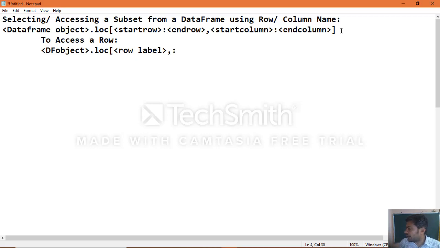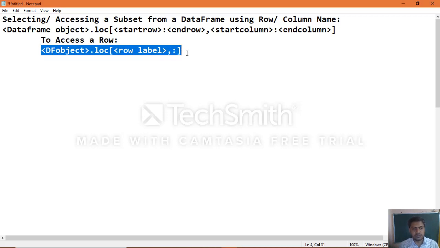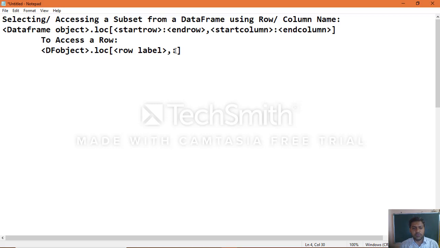This is only for accessing a specific row's information. You must make sure to follow this syntax to access a specific row. So: data frame object dot loc of row label, comma, colon. You must use this colon, otherwise you may get an error.